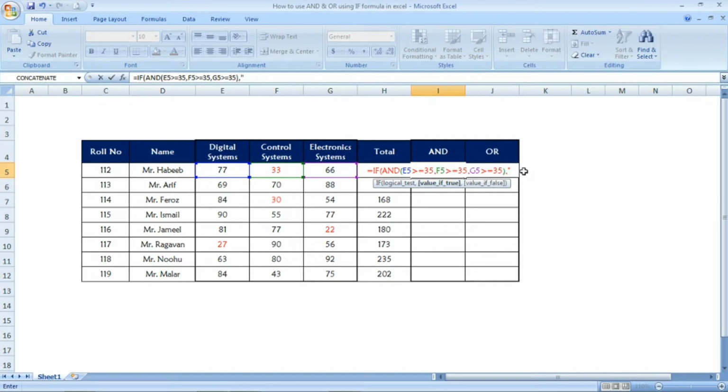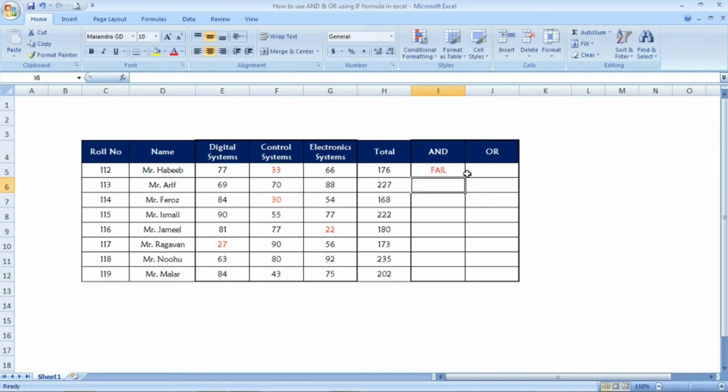Comma, in double quotation I am mentioning PASS, and double quotation close. Now comma, if any one of the marks is less than 35, so it is false, then I want the result as fail, in double quotation, and double quotation close, and giving the close parenthesis.